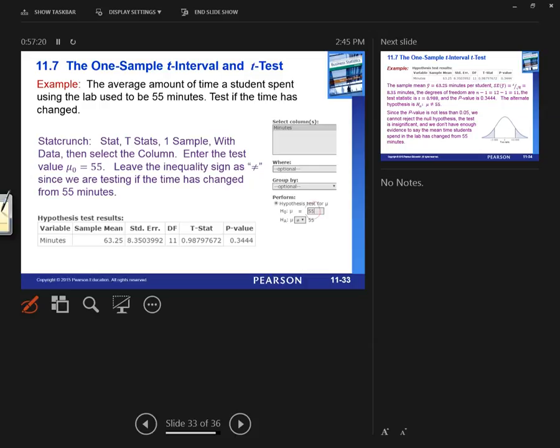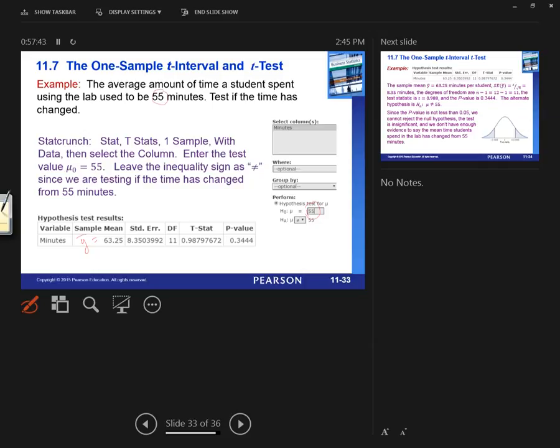I put this 55 in here because it used to be 55 minutes. I'm testing if it's different from that now as the time changed. So I leave the not equals in there, I run it, and here's my results. And I didn't know this before, but now I know that the mean of the sample, so the average time that those 12 students spent was 63.25